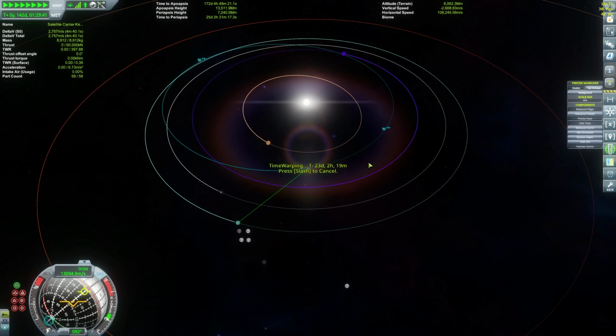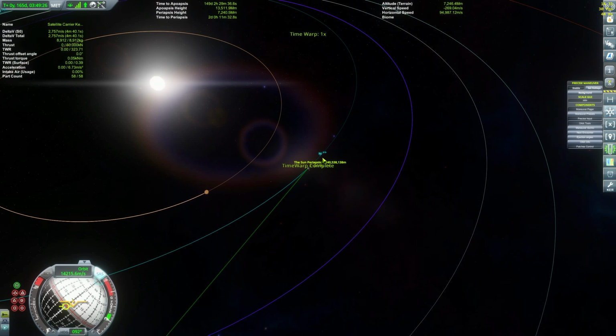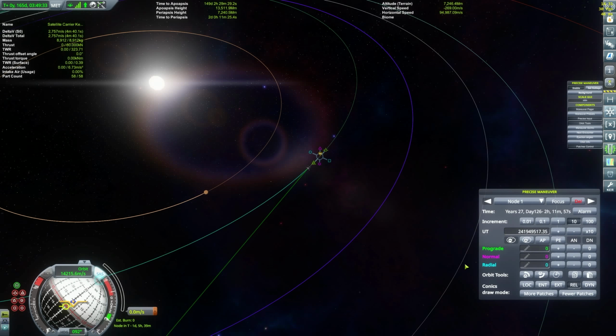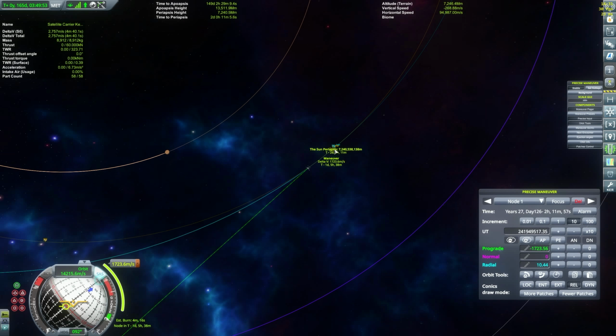So let's see here. We are coming here. Spent 150 days. So what do we want to do now? We are traveling very fast here, 14,000 meters per second. Add maneuver and just circularize this. Boom. So that will put us around here. It looks like Moho is not exactly around Kerbol? I think Kerbol is the correct name for our...